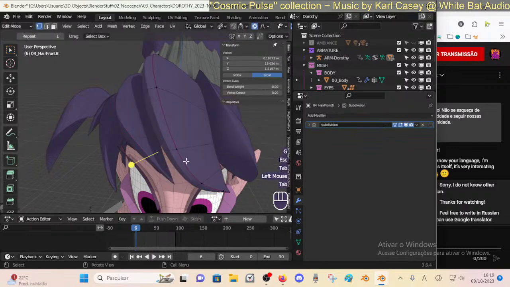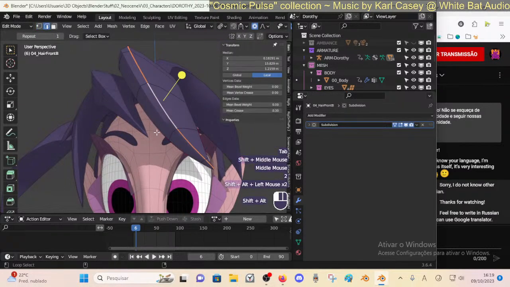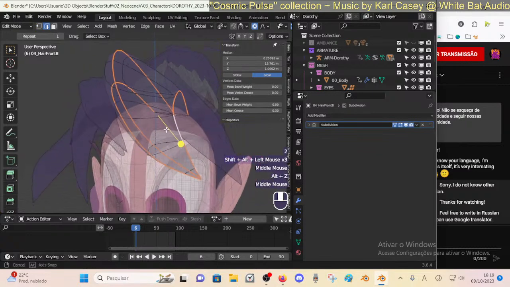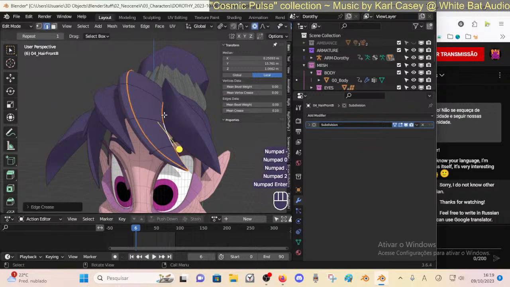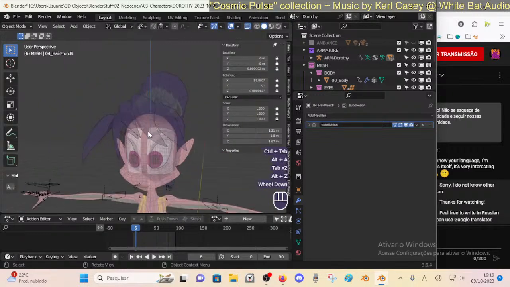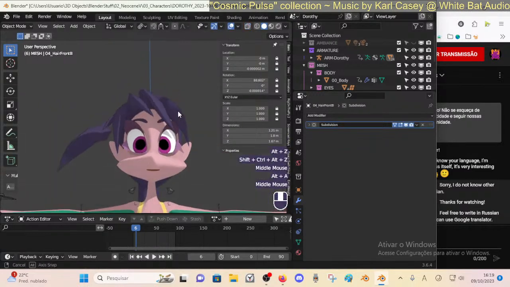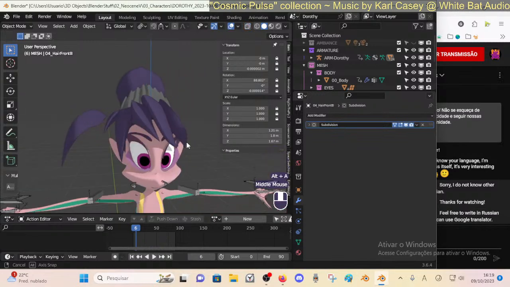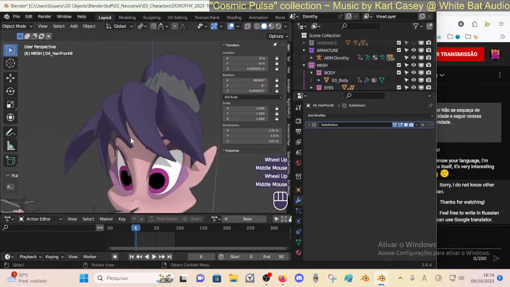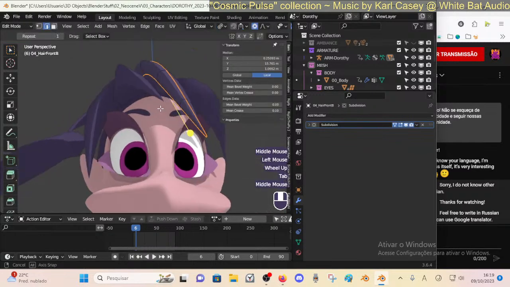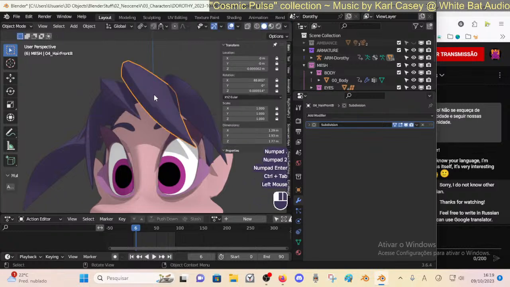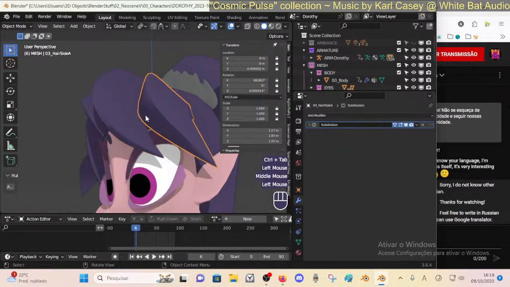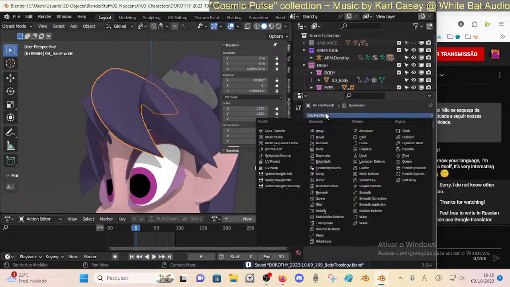Alright, maybe here we can also do this. -0.2. No. At least for this one, 0.8 seems better. There's also the possibility of using the bevel modifier,